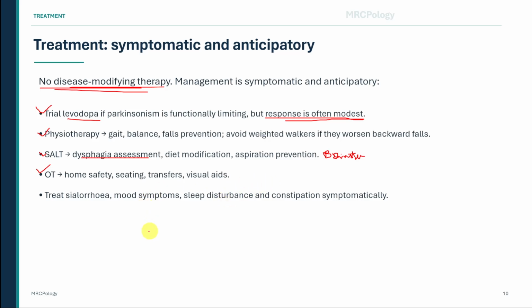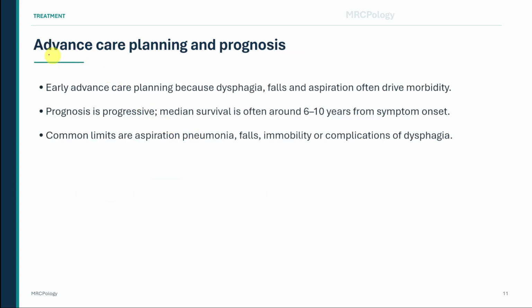Other symptoms should be treated symptomatically, including sialorrhea, mood symptoms, sleep disturbance, and constipation. Advance care planning should be introduced early because PSP is progressive, and morbidity is often driven by dysphagia, aspiration, immobility, and falls. MRCP trap: if a patient is labeled as Parkinson's disease but has early falls, poor levodopa response, and